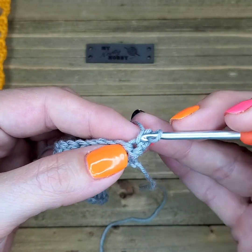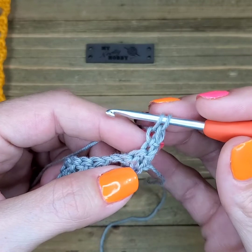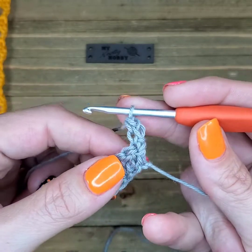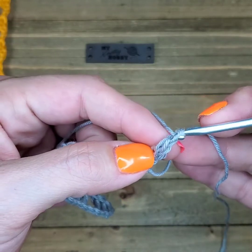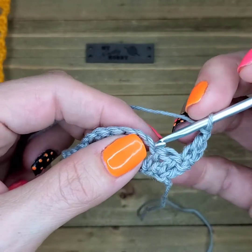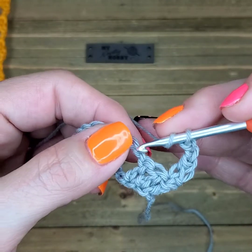Now you're going to insert your hook into that front leg and pull up a loop. Yarn over and pull through both. You've created a standing double crochet. Now we're going to chain 2. Skip over the next 2 stitches, and into those chains that we created in our previous round, we're going to